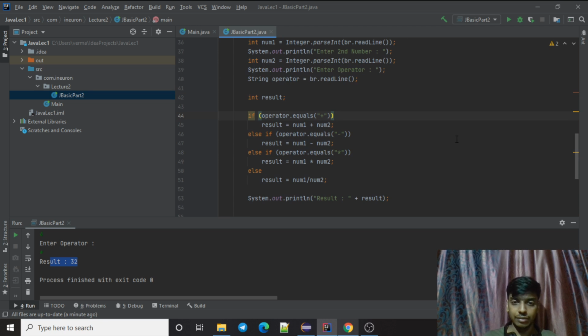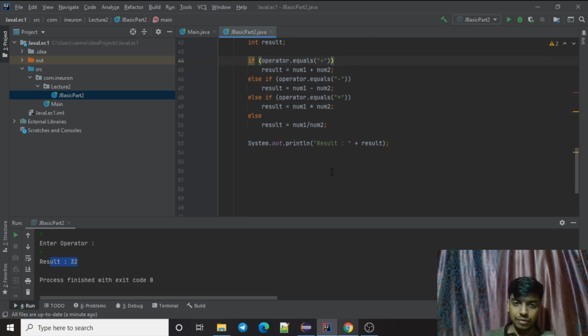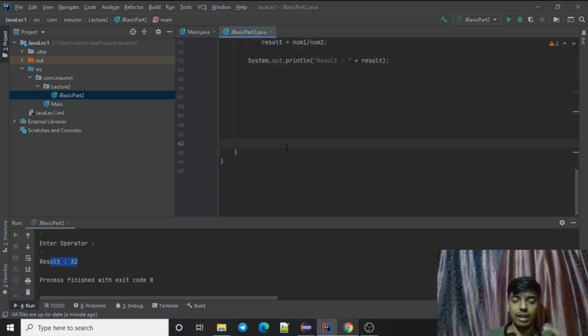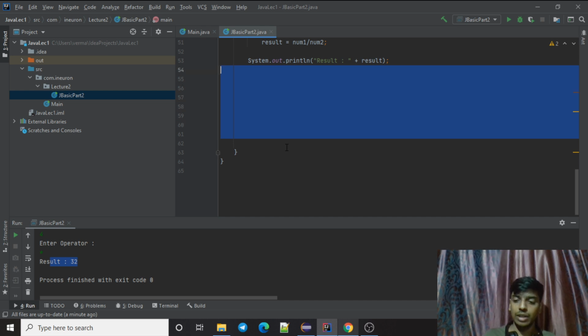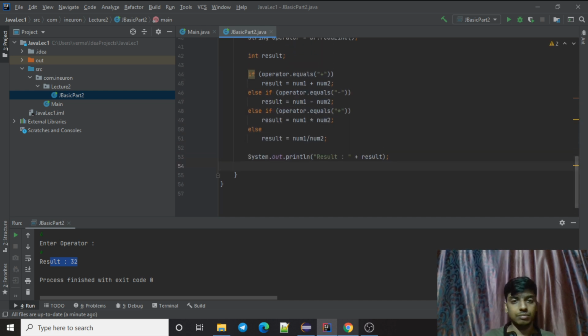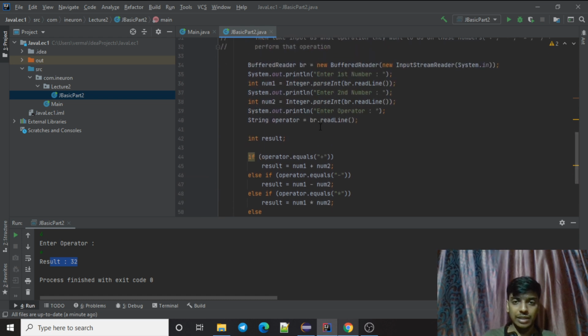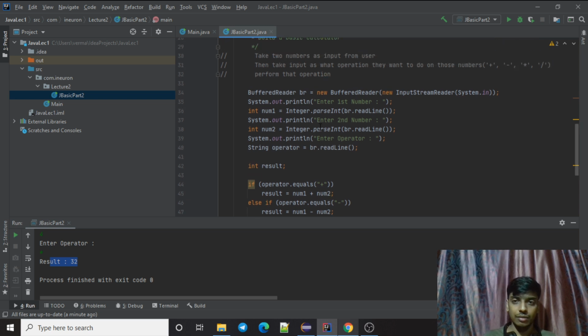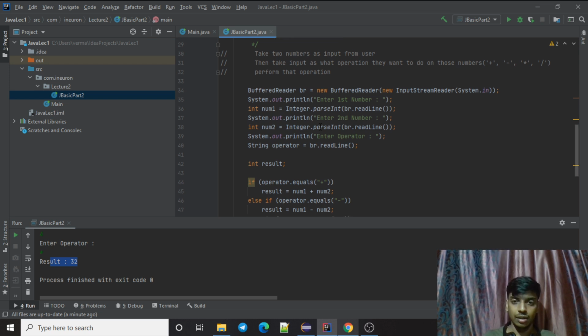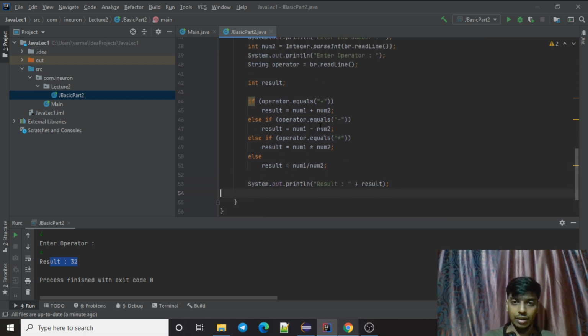Always try to build with whatever you have learned, even the smaller things, not very advanced. I'm not saying build a Tesla or something, right? It's not rocket science. So just build the basic things. We'll learn this way only. We'll build amazing things at the end of the course, but for that you need to have strong basics, and that's one way to achieve that.